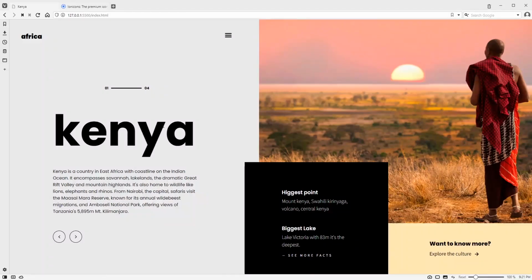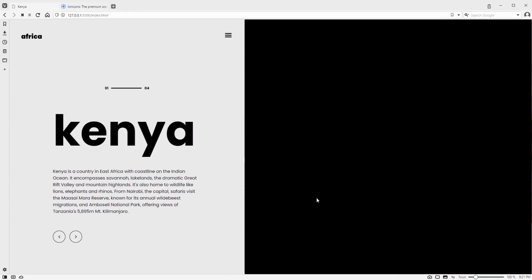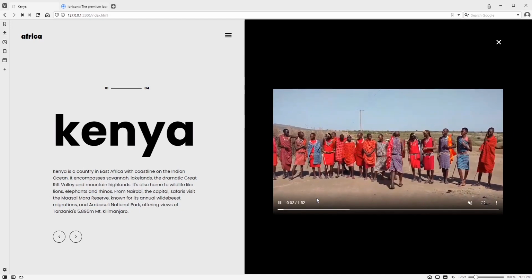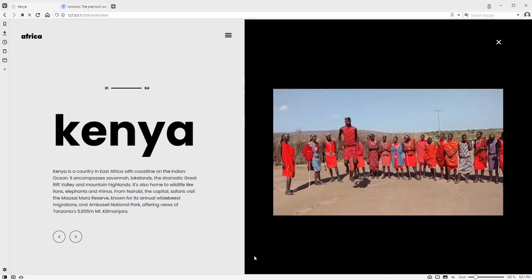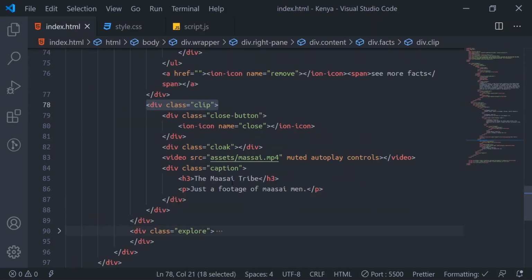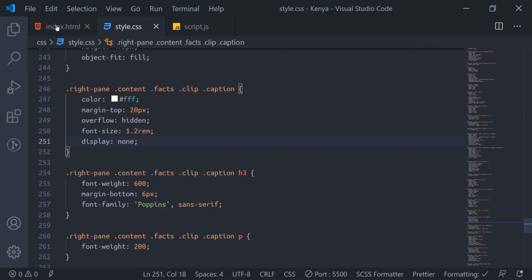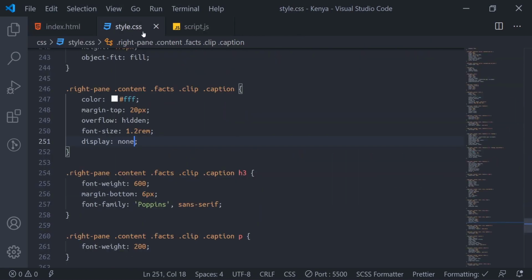So I'll go to this place now, refresh. I'll click see more. You see them. Why is this one not coming up now? Okay, we'll set that to display. That caption I will set to display hidden. We set to display none, rather. Display none here. So we'll reveal it.